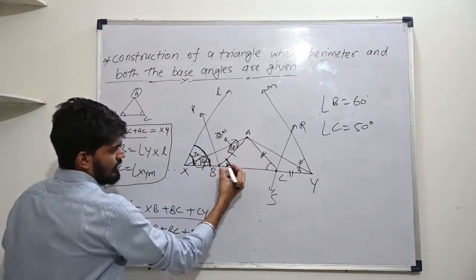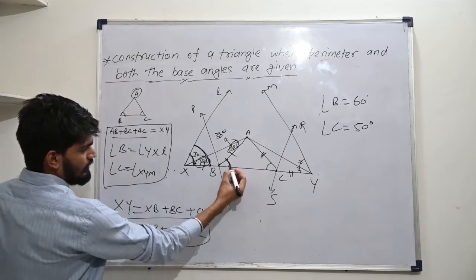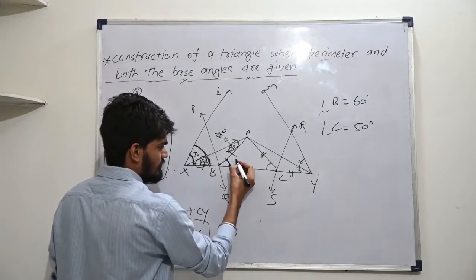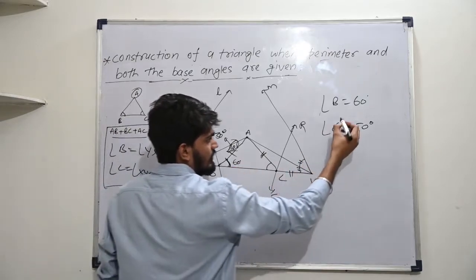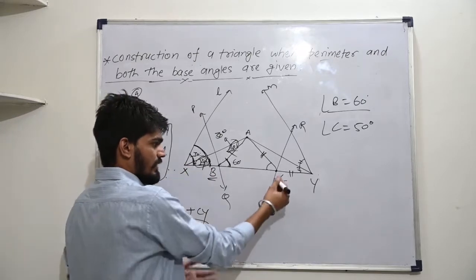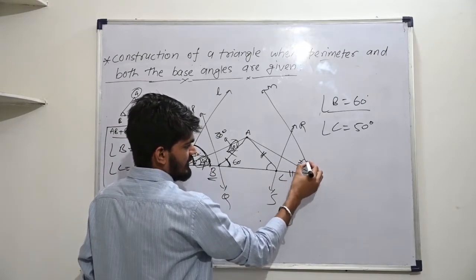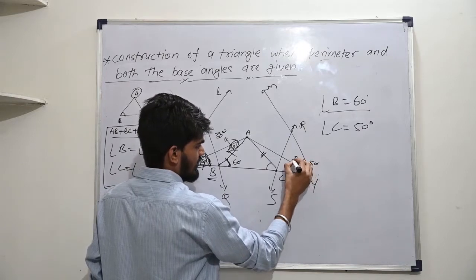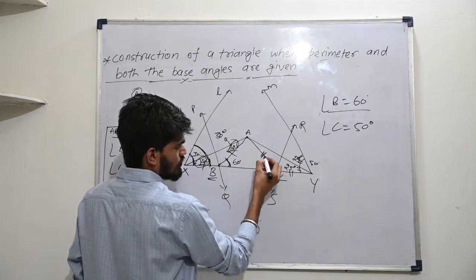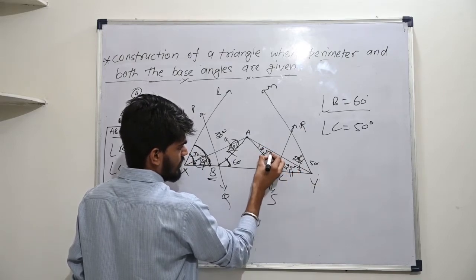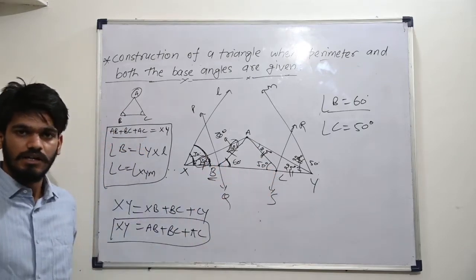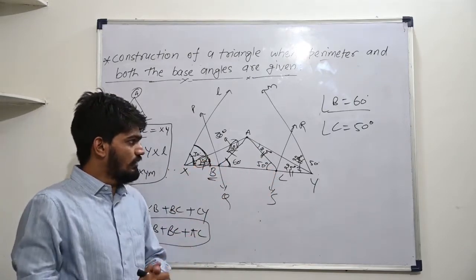Now in this triangle, this is the external angle, so it will be equal to the sum of this angle and this angle, which is 30 plus 30, becoming 60 degrees, and that's why we can say B is our required point. The same we can do here. This will be totally 50 degrees, so 25, 25. When this is 25, this will also be 25. 25 plus 25 becomes 50 here, as proved. So that's how we can take this example.